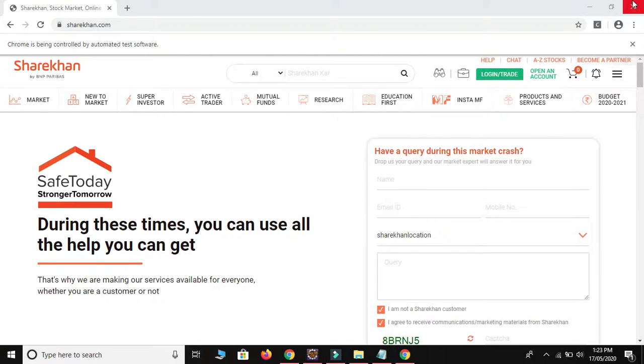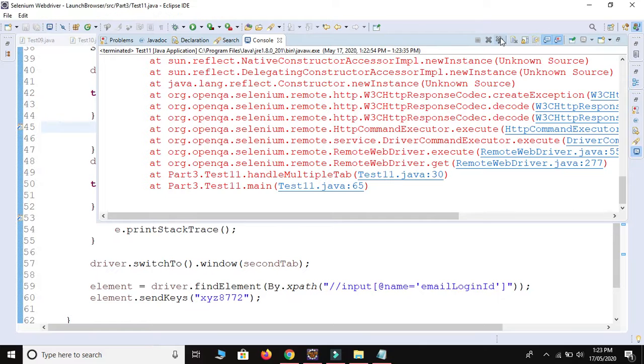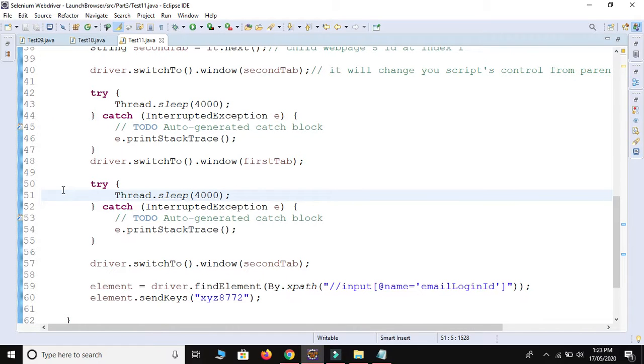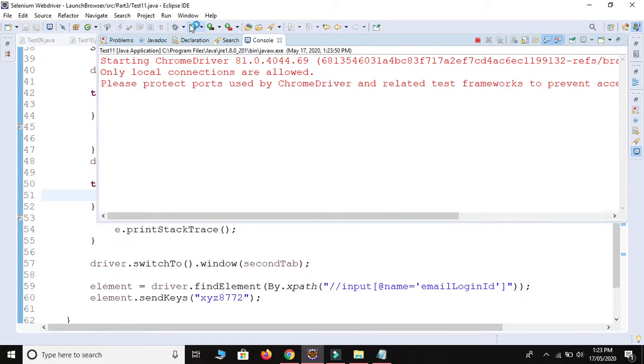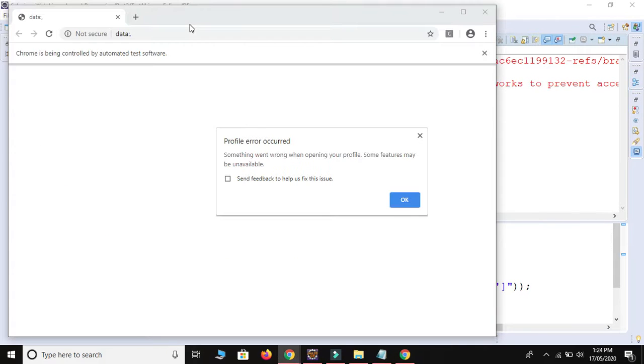Okay, let me close this one. Control save and run. Actually, we got some error from the Chrome browser. Okay, just wait for one last time, otherwise we will change the URL. Sorry, we change our browser.